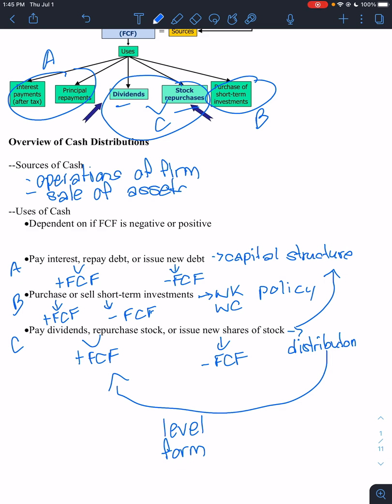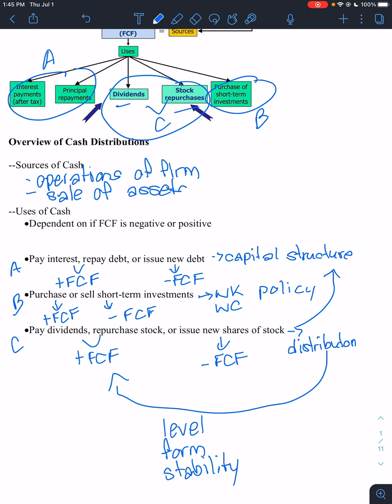And then finally, the stability. So how much should we pay out as a distribution? What form do investors prefer that distribution to come in? I don't know, English is hard sometimes. And then how much do investors value stability in distributions? Does that matter to them? And so these are issues to keep in mind throughout the rest of the chapter.